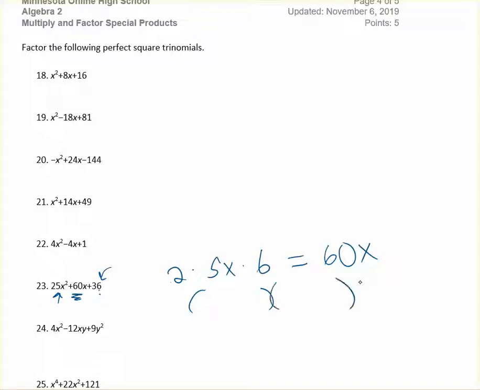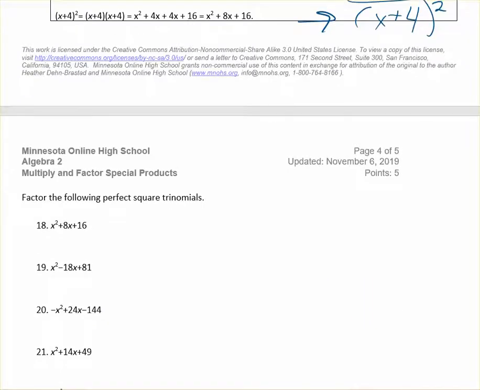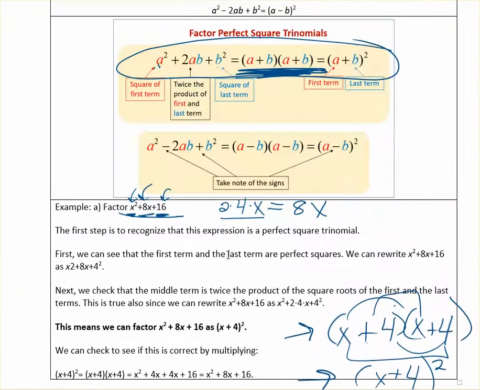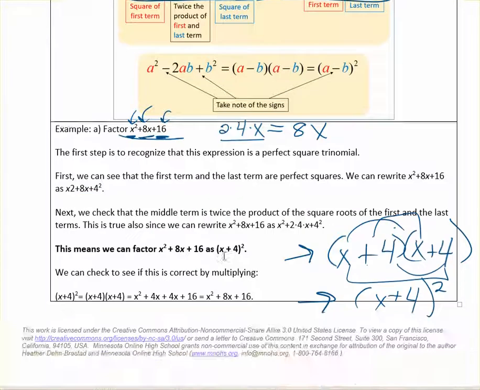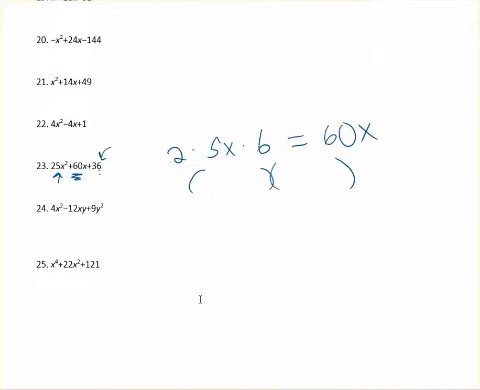So the formula says, let's go back. The formula is right here. It's pluses, so it's this one. If I have this, which I already know I do, then I can write a plus b times a plus b, or I can just write a plus b squared. My a was 5x, that's my a, and my b was 6, that's my b. So I can write this faster